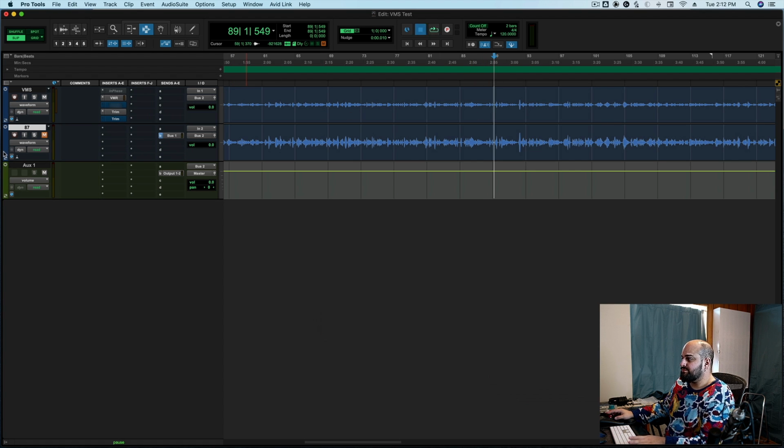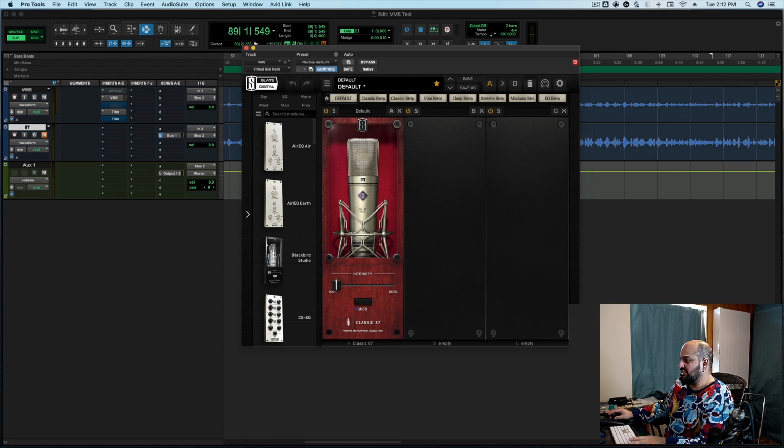Let's play it. To note that there is a lot that goes into the actual price of the microphone. Most people will associate the... Okay, that's VMS. Here's 87. To note that there is a lot that goes into the actual price of the microphone. Most people will associate... If I were to switch this,